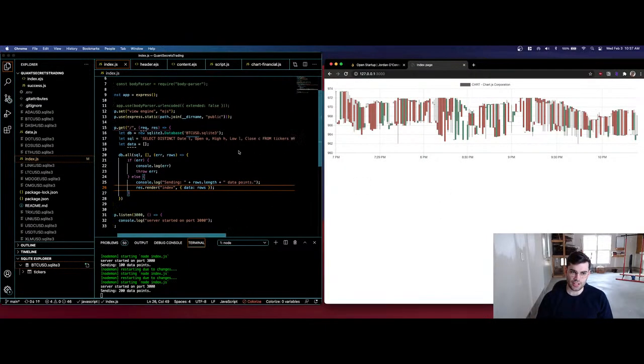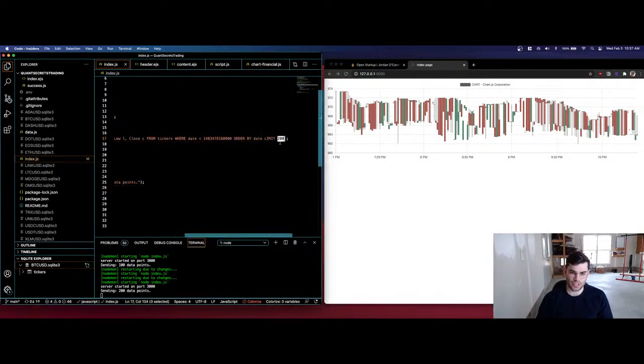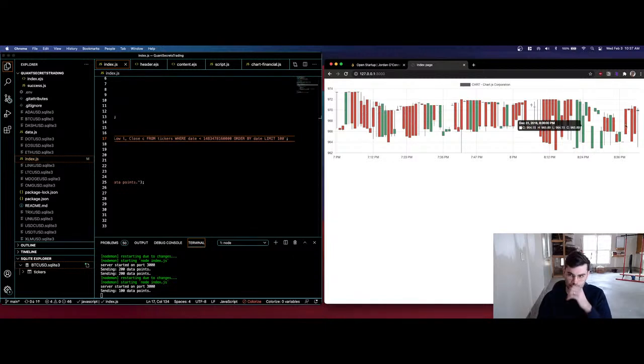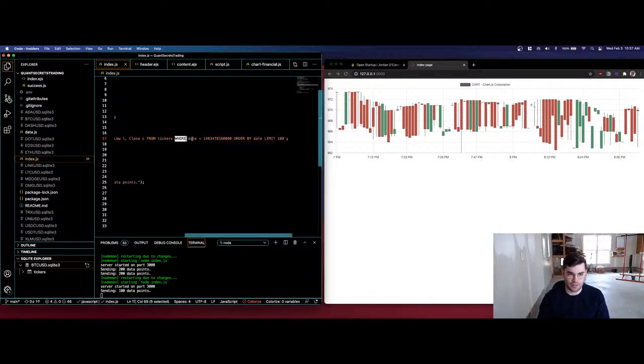But yeah, right now I'm passing through, like, I can change this to 100 data points. This is the first 100 data points of Bitcoin data that I have, from 2017, just 100 minutes worth of data, even though I have 3 years worth of data in my database. But I'm not going to be able to display 3 years worth of data. If I got rid of this limit, this chart would be just nutso, because